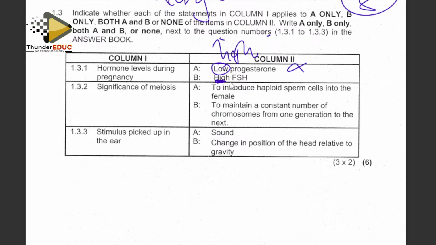Someone said, right, complete dominance. Okay, there is no new development of the ovum. So it means that the answer here becomes low. We require low, because if it is high, another ovum will be produced, meaning that the person can become pregnant 2 times. So when the progesterone level is high, the FSH must be low so that the Graafian follicle is not developed again. Therefore, the answer here becomes none.